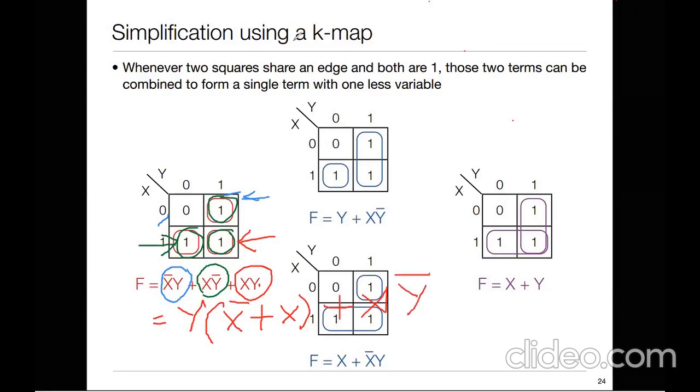First and third one I'm trying to simplify, and we also know x bar plus x is equal to 1, so y. Again y I have, so the simplified will be y plus xy bar. Again further I can simplify. I can take y common and keep x plus x bar as it is. So the final expression I will get will be x plus y.